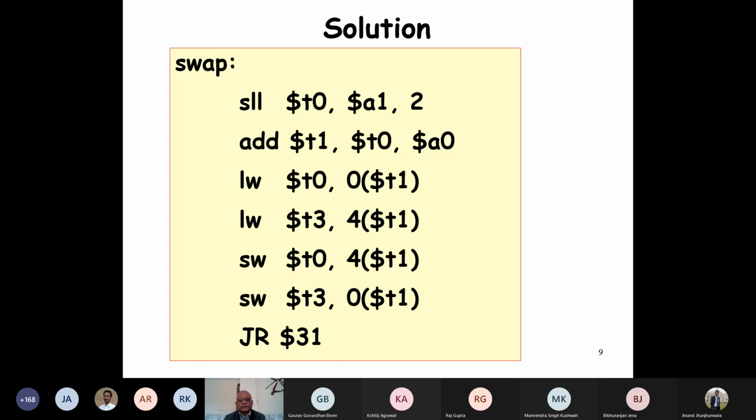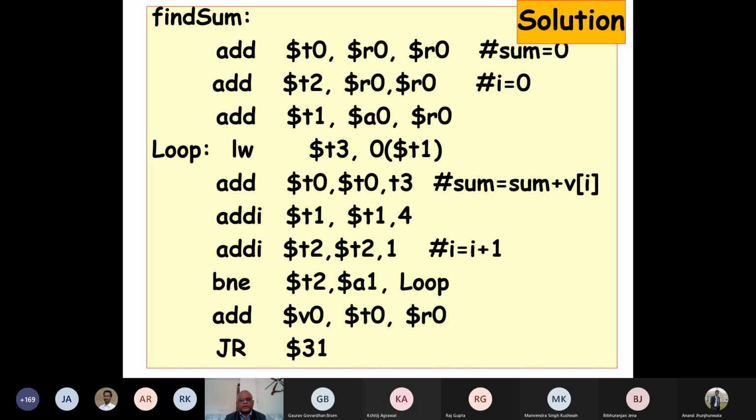A1 is the number of elements. Just look at the code in the problem that we are given here. K into 4.